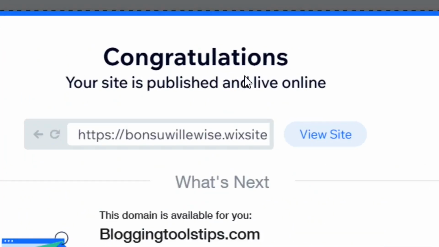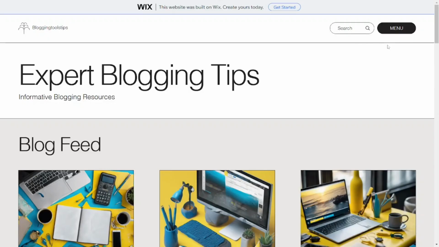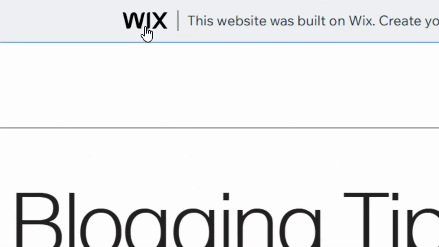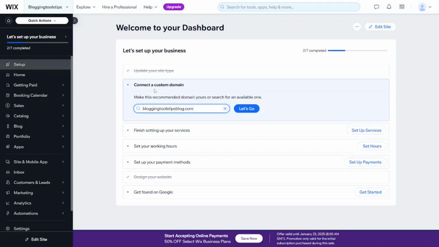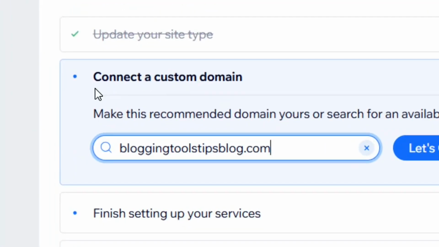Okay, so from here, congratulations, the site is now published, and you can simply come here to where we have view site and click on it and see how your website is looking right now. And this is how the website is looking. So when you are done, simply click on the Webs logo, and it will bring you right here, and then you can